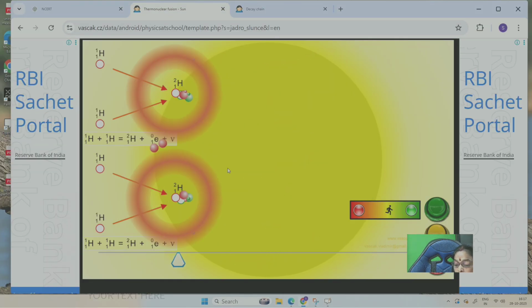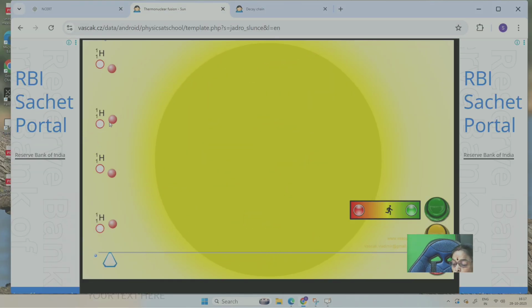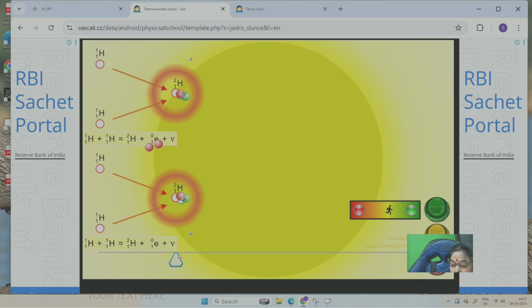So this one, 4 hydrogen atoms. Children, 4 hydrogen atoms, see here, I am taking it. They fuse together to form, see here, the 4 hydrogen atoms fusing together. See, all 4 are fusing. So nicely done, the simulation. Wow. All 4 hydrogen atoms fuse to form